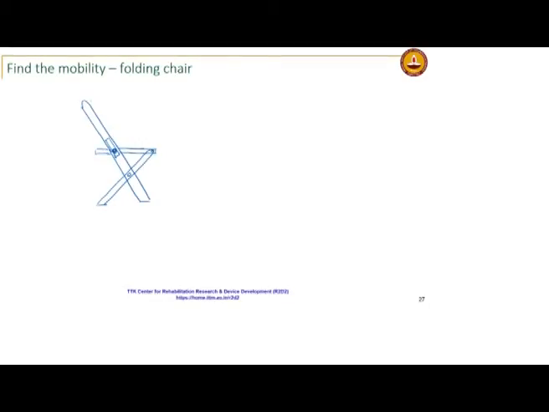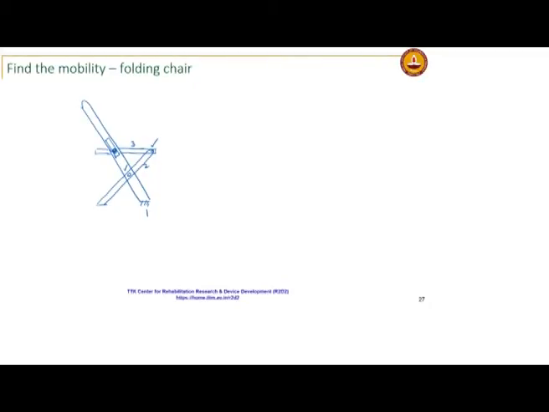So, let us consider, say this link, I fix this link. Usually when you hold the chair and then you try to fold it. So, I would have this would be link 1, link 2, link 3. Okay. The joints, this would be a revolute joint,